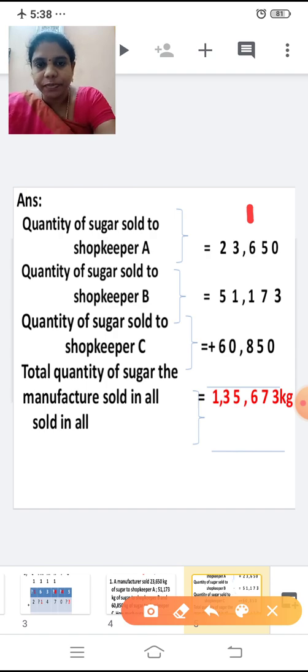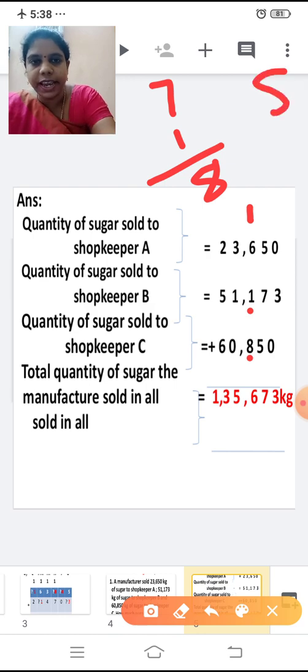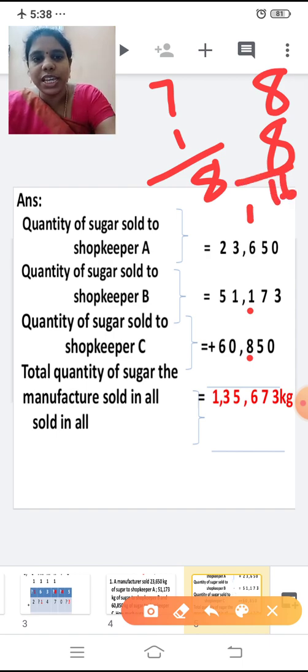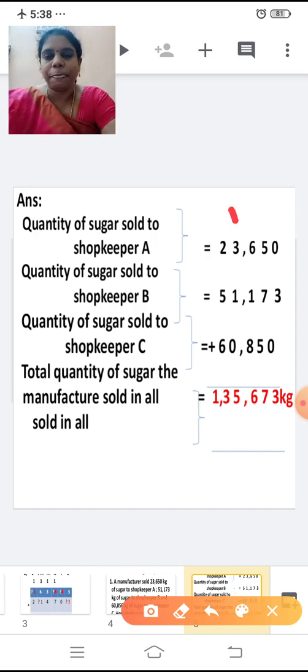Now shall we add the hundreds place? 1 plus 6. I am adding the carryover and the first number. 1 plus 6 is 7. 7 plus 1 is 8. With 8 I am going to add 8 more: 9, 10, 11, 12, 13, 14, 15, 16. So 16. 6 I am writing here. That 1 will be carried over to the thousands place.